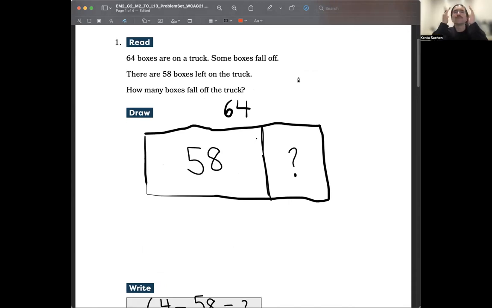happening. Maybe even imagine, right? In this case, imagine a truck driving. It could be like an Amazon truck filled with all the Christmas toys. And then imagine some of them falling off, right? But there's still 58 boxes on that truck. Imagine that. You can draw a picture to help you